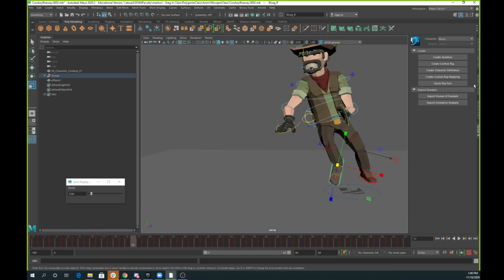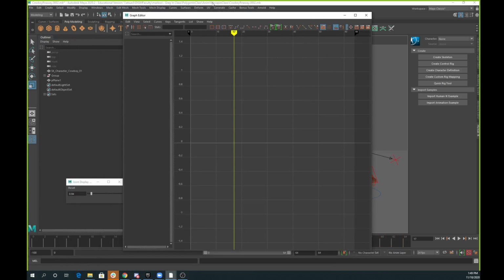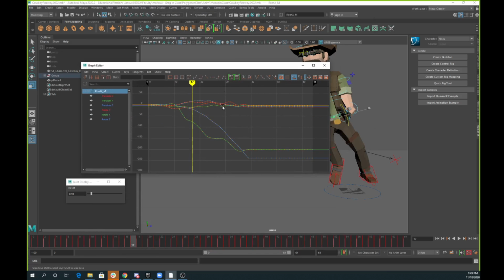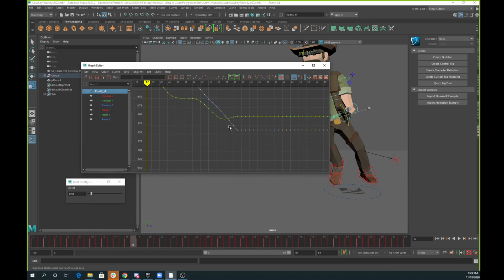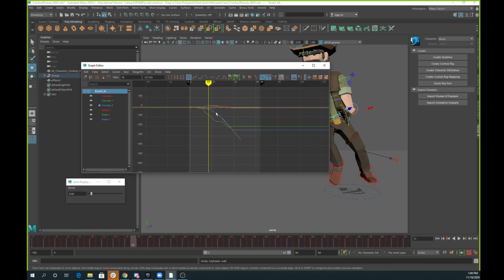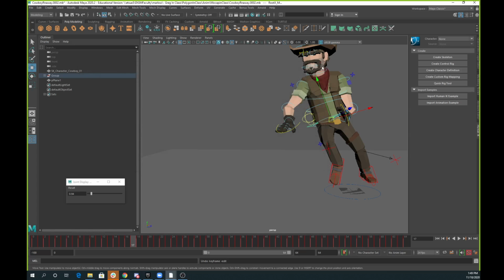And so you don't have to do animation layers. You totally could open up your graph editor, right? And go in here and start editing these curves, right? But you're going to have a hard time with that, right? You're going to be like, oh, okay, I've got to slowly move every one of these and get this curve looking different, right? You could run a reduction on some of these curves because some of this isn't necessary. But really, what I do is I just accept that all those curves are there, and I start